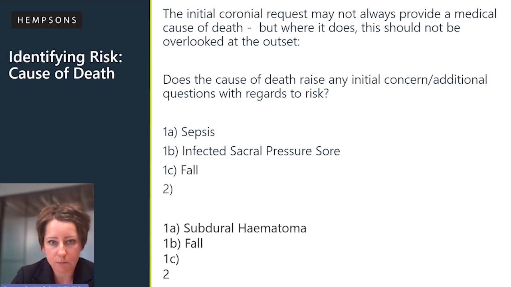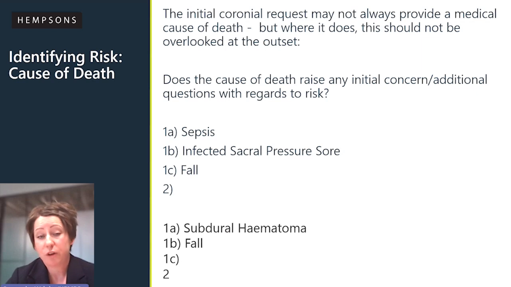So my thought process in relation to that cause of death would be, first of all, okay, so this person suffered a fall, which has caused a pressure sore. I'd be straight away thinking, where did that fall occur? Has someone come in following a fall and they've been treated for the fall itself, or have they fallen whilst in our care? If they've fallen whilst in the trust's care, then you'd be thinking, were the relevant falls risk